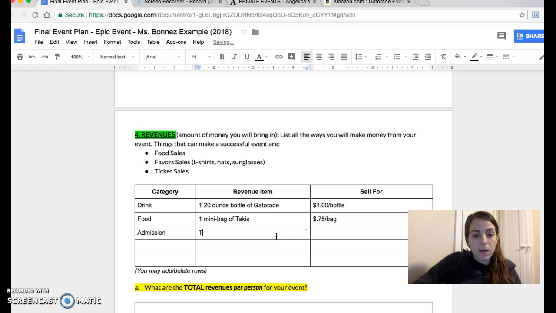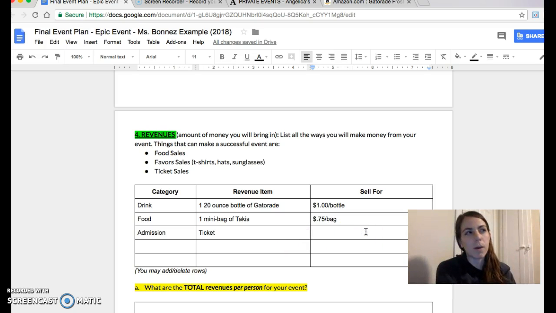All right, so we want to go ahead and say tickets. I know it's going to sound weird because I said I'm throwing a going away party, so it's weird to have tickets. So maybe if you're doing a quince or a wedding or some sort of party, maybe we don't call them tickets. Maybe we call them, I don't know,